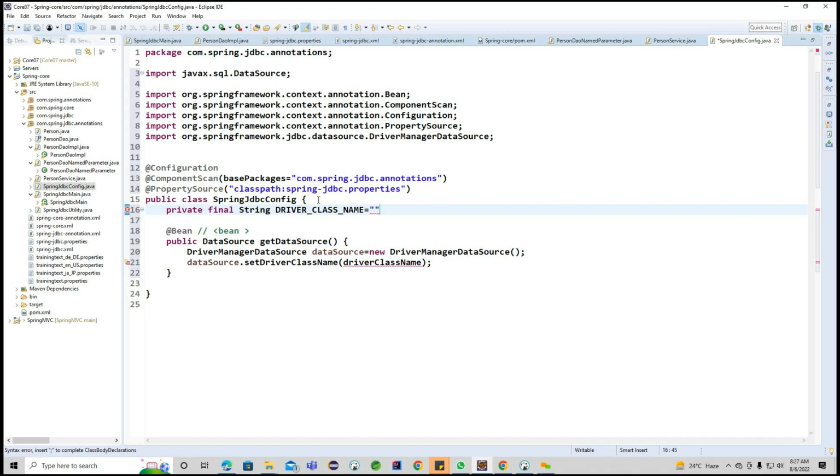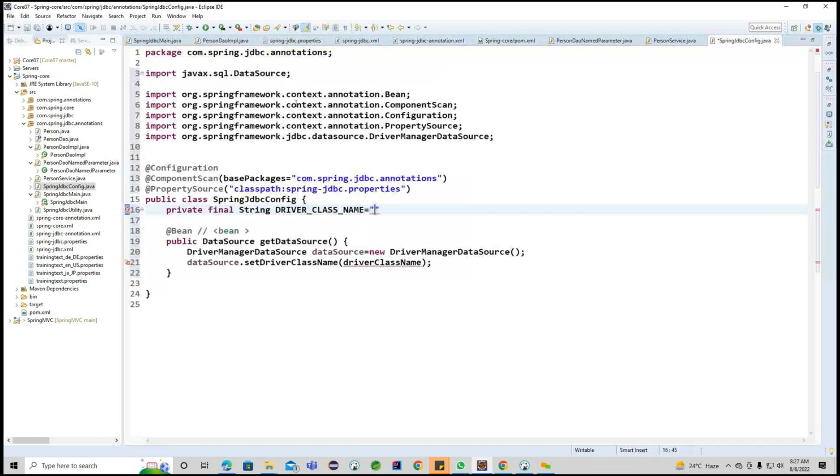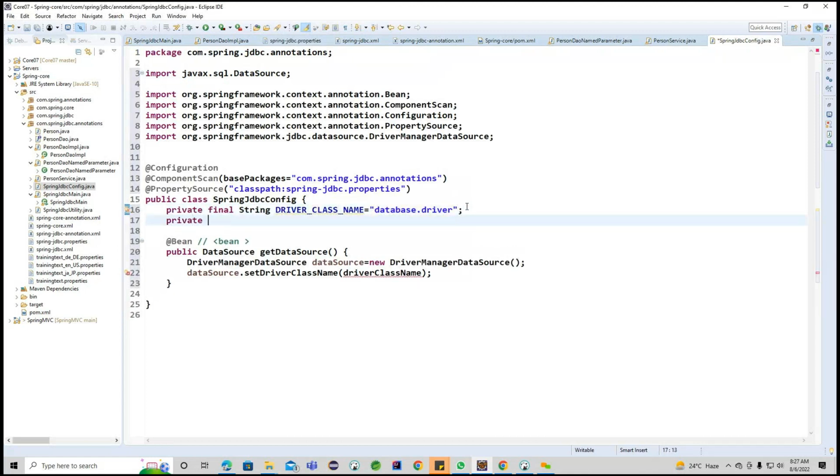What is the driver class name we can use here? It should match here. We'll go to this string, the JDBC properties here. This is what we need to use: the database driver. And the same way,